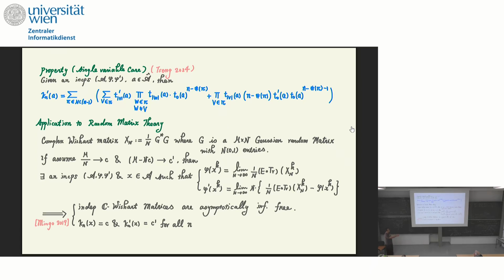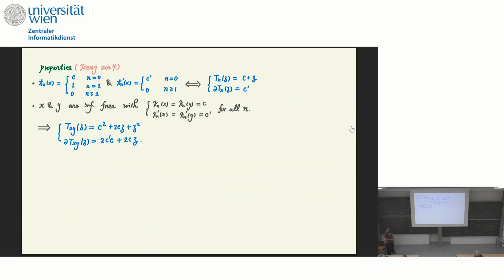I forgot to mention that phi is given this standard way, and phi prime catches the one-over-m correlation, so it's given by this one. Based on this, we have the cumulants kappa_n and kappa_n prime. Then we can use this formula to understand the t. It can be proved that T_n and T_n prime are given this way. You can see it's very simple.